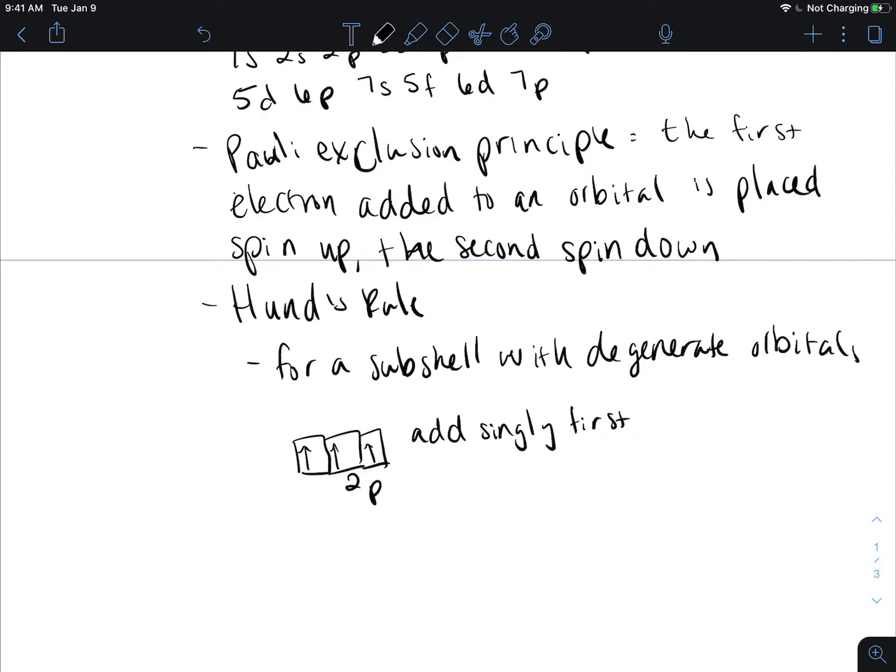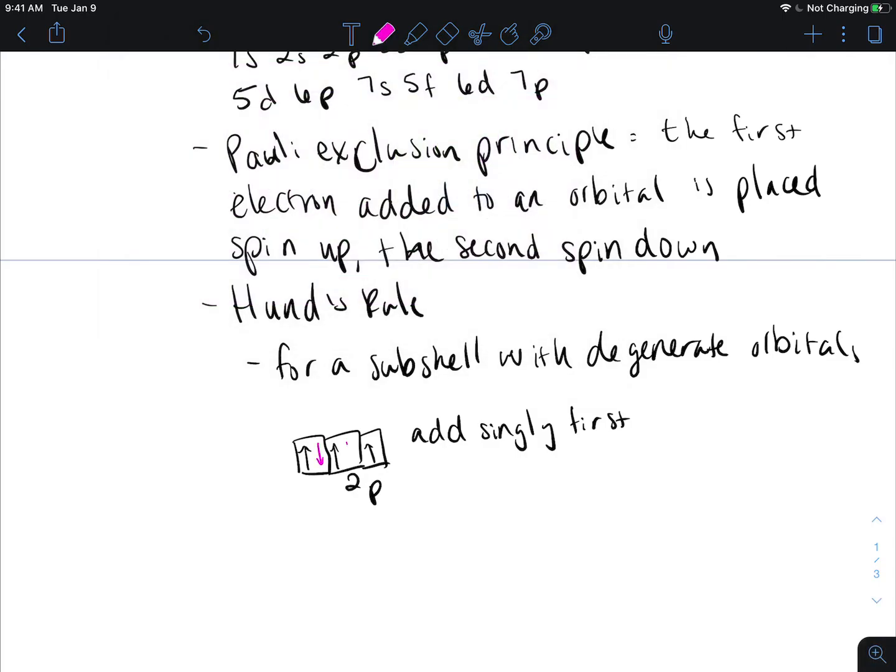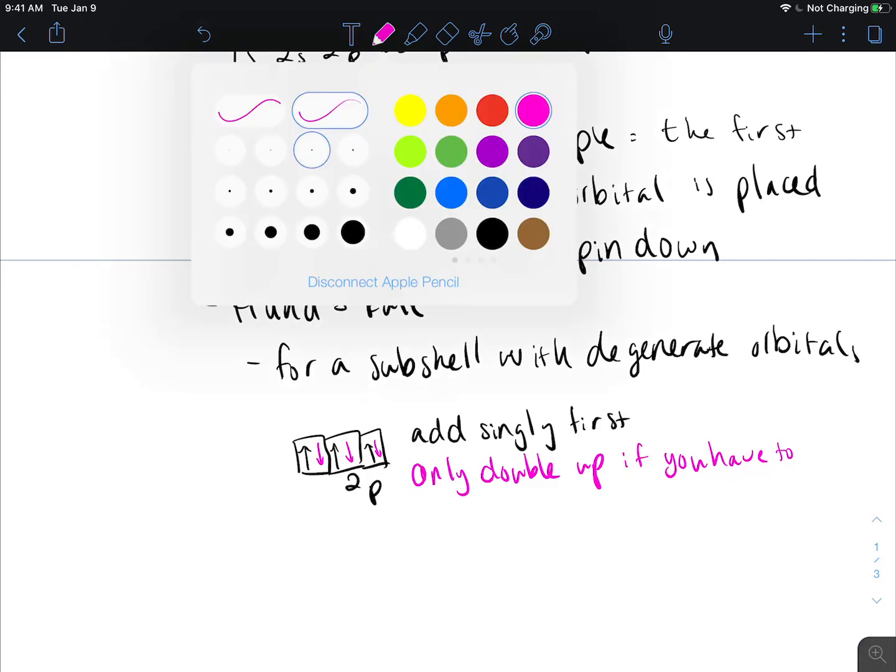And only if we run out of orbitals will we then go in and add. So only double up if you have to. You do not want to go to a higher energy subshell. So double up before you go to a higher energy subshell, but just keep in mind that you don't want to do, so if we have 3 electrons, for instance,